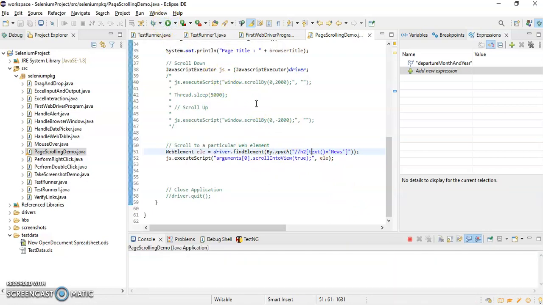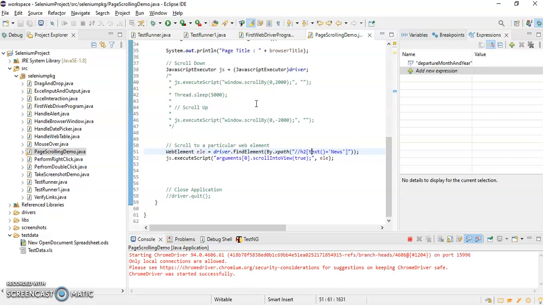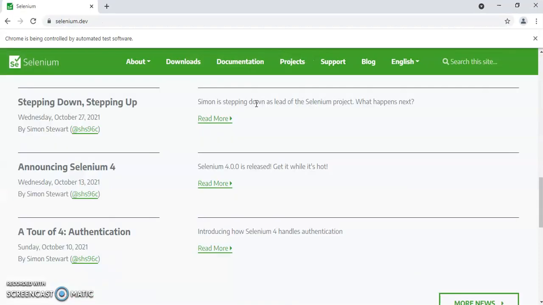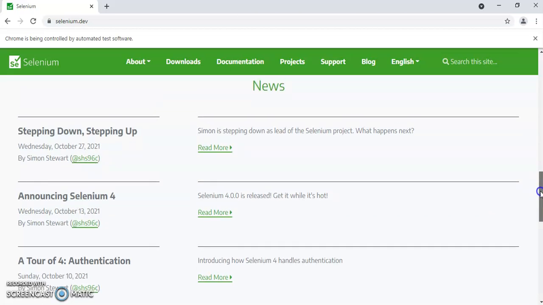So let's run our script. See it. So this is our news. It scrolled our page in downward direction.